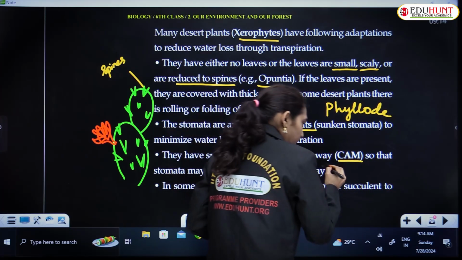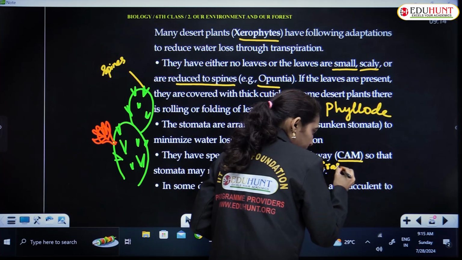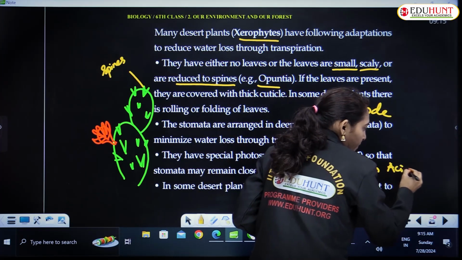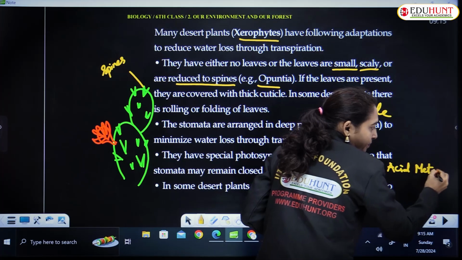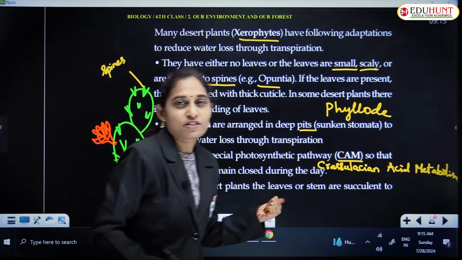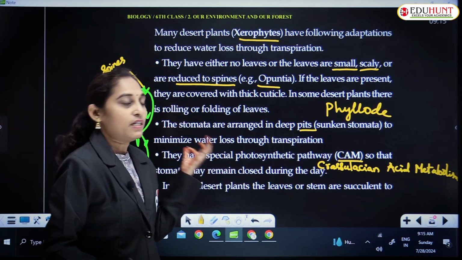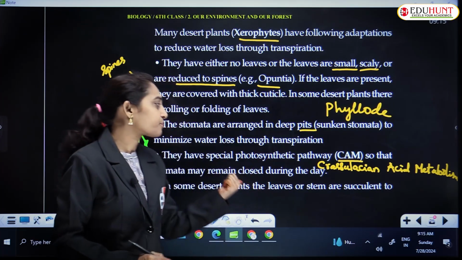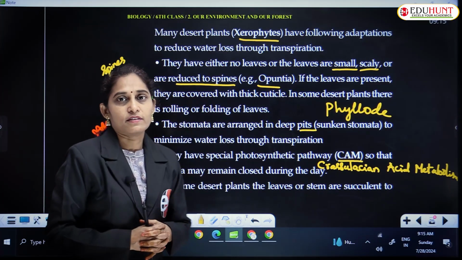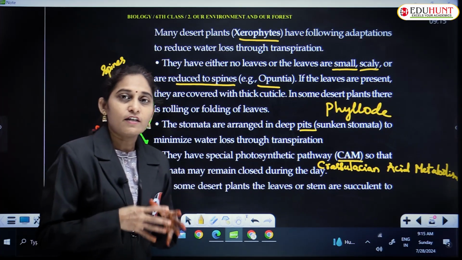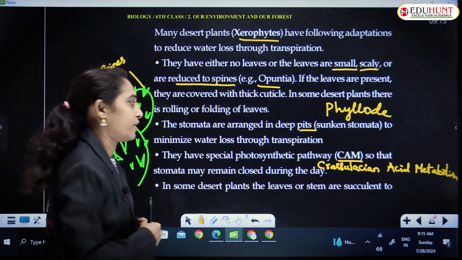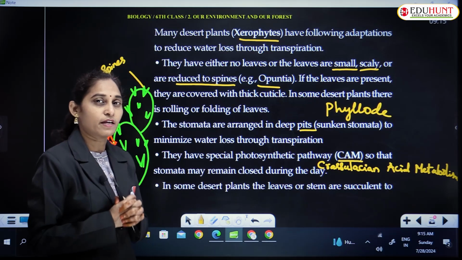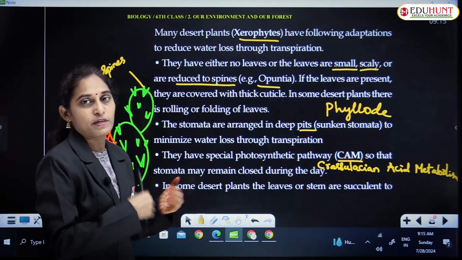CAM is crassulacean acid metabolism. Crassulacean acid metabolism is a special kind of photosynthesis that takes place especially in xerophytes, the plants which face a water deficit situation. If there is any water deficiency, plants like xerophytes perform photosynthesis in a special way, that is